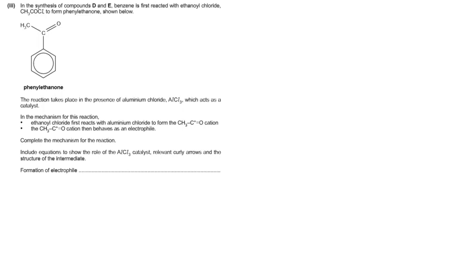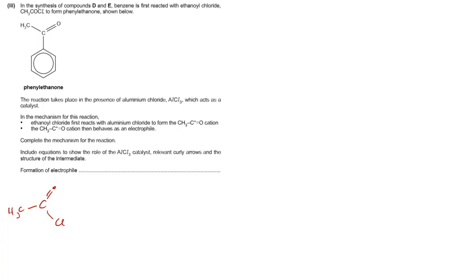Okay, so first of all, we must describe how we form the electrophile. Okay, so you probably did this in class, but the mechanism, which you don't need to know, is what follows, and then we'll write down the equation, which is all you need to know. But it's easy to remember the equation if you sort of know the mechanism. So let's draw out our ethanoyl chloride. So we've got our ethanoyl chloride here,